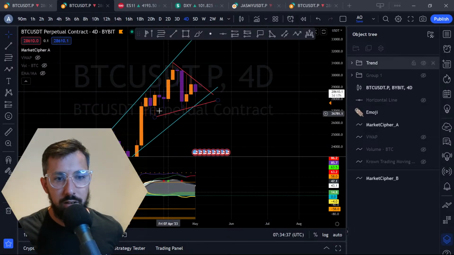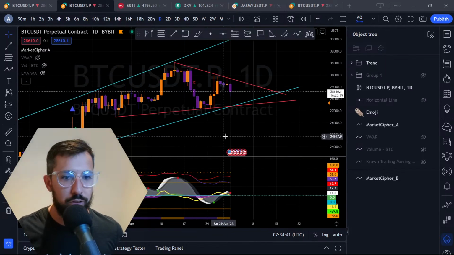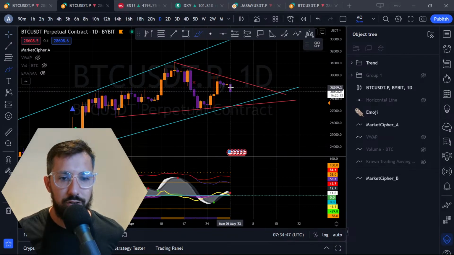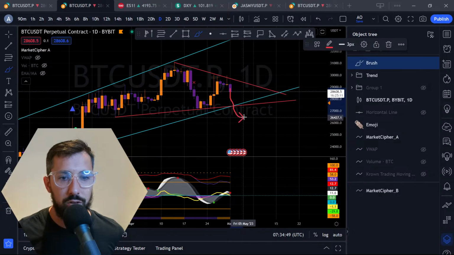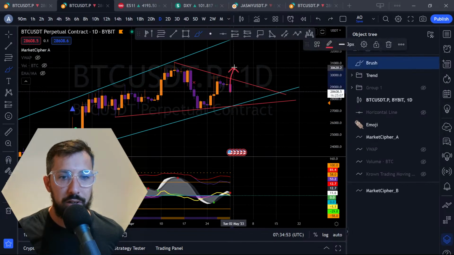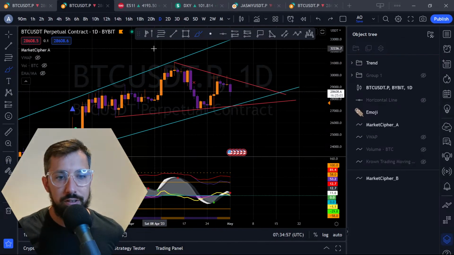So we're looking for this channel here to be broken. We've got multiple channels to be broken. Make sure to add them to your charts. We can always look for the breakout trades, right? So if we manage to break out, look for the retest back and then the push down, okay? Look for the breakout, the retest back, and the push up, okay? Vice versa. So add these.